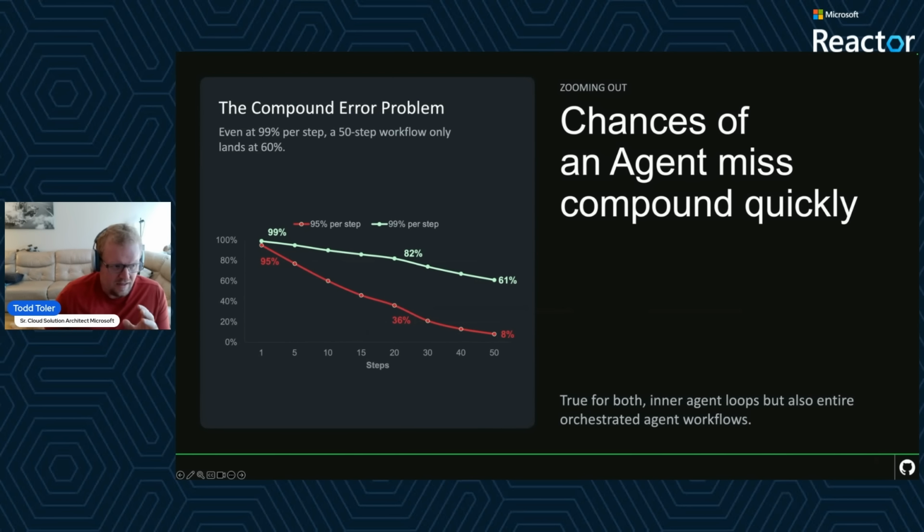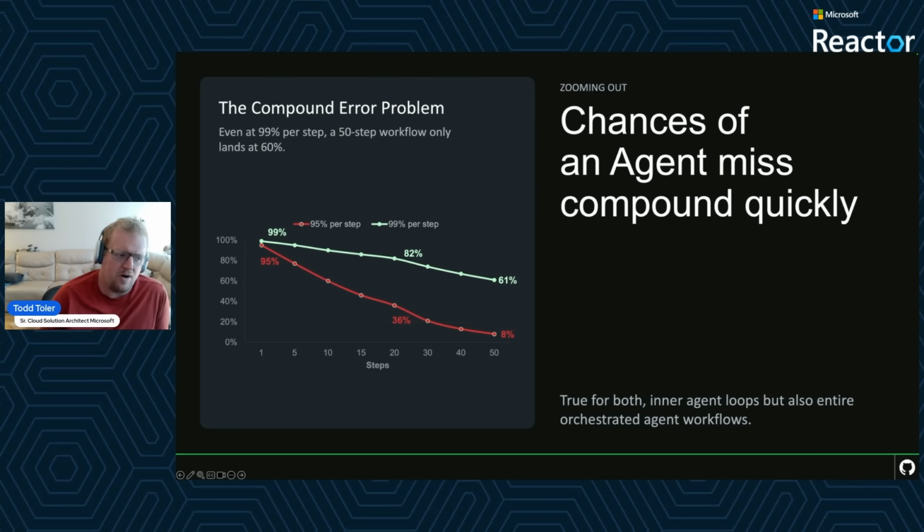There's a third reason why focusing on quality is more important: the compounding error problem. Large language models are non-deterministic. They have an error margin and will never be 100% accurate. That's really the nature of the model. In a multi-step agentic workflow, that creates compounding errors. So here's some of the math. At 99% accuracy per step, which is optimistic, admittedly,